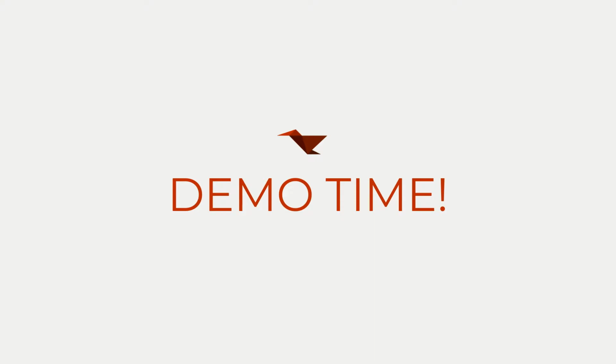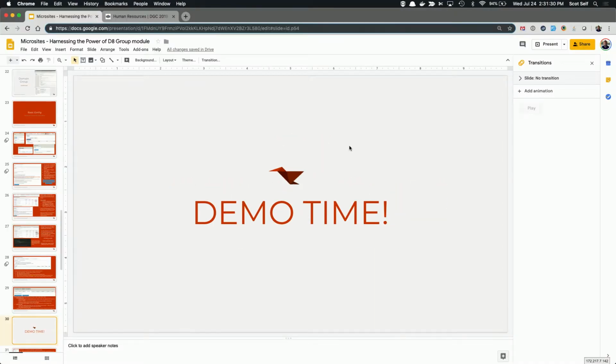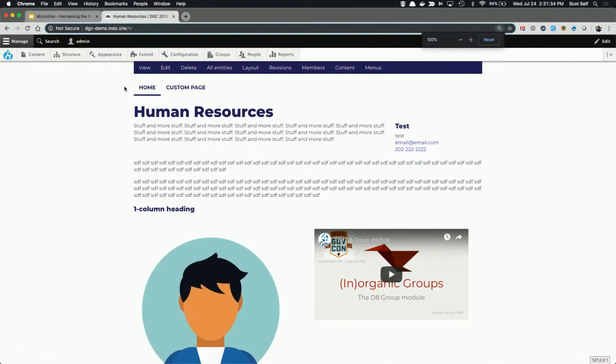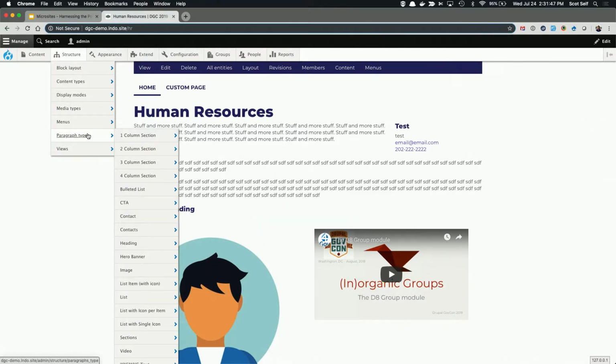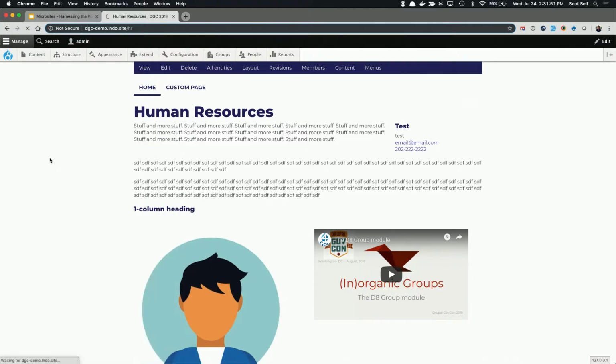Okay, demo time. So, let's see. The first thing I want to look at, before we start diving into what you're seeing here, is the paragraphs and how we've used paragraphs here. So on my paragraph types page,